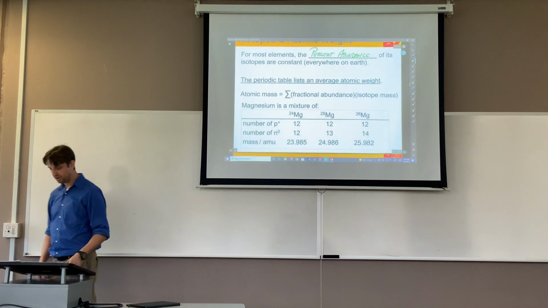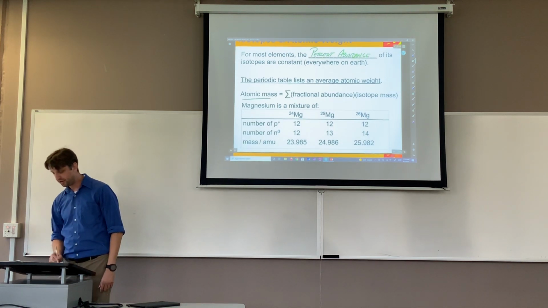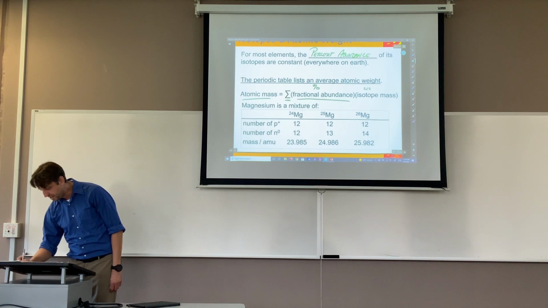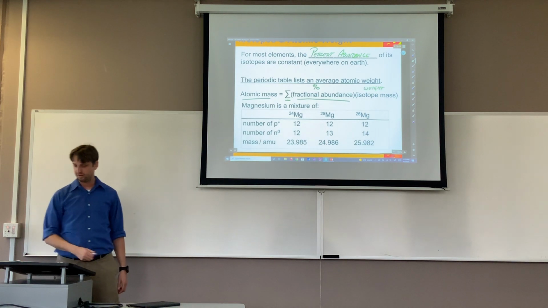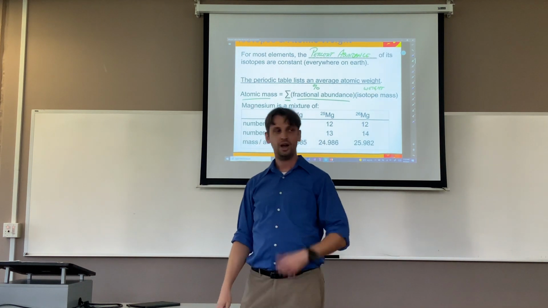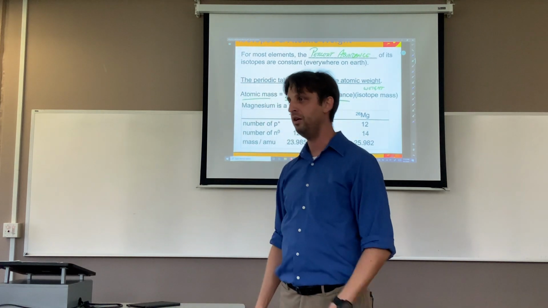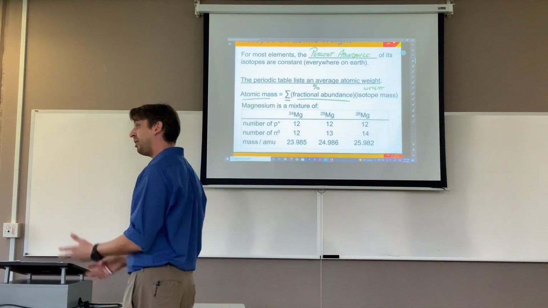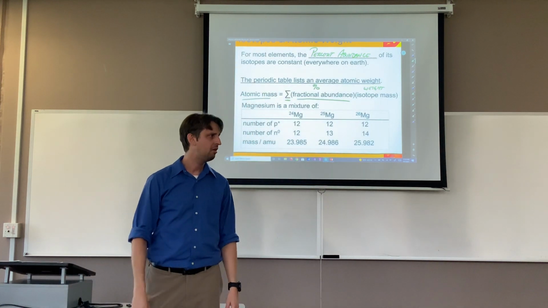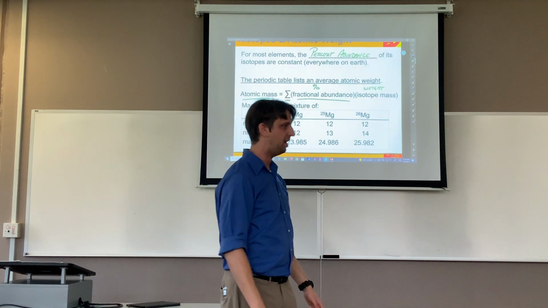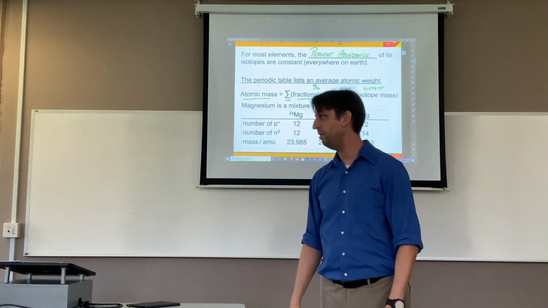So this is the equation that we're going to be working with. To calculate atomic mass, I take the sum of the fractional abundance, the percentage, times the mass, and I just add those up. So if I have 15 isotopes, I need to know their percent abundance and how much they weigh. I multiply the percentage times the weight, percentage times the weight, percentage times the weight, and I just add those up. That's all we have to do. Pretty easy, right? We just have to understand percentages and addition. Not too bad. Sound good?